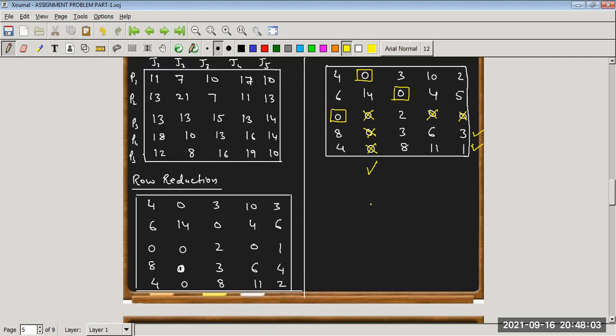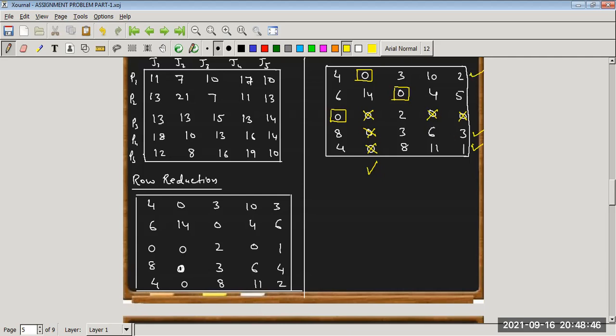Again, I repeat the process. Tick the unassigned row. So we tick row number 4 and row number 5. Now we come to row number 4, a ticked row. In the fourth row, we have one 0. Whether it is crossed doesn't matter. You only have to see whether there is a 0 or not, whether it is crossed or not. It can't be an assignment, because if it were an assignment, we would not have ticked that row. So if there is any 0, even if crossed, tick that column. So we tick that column. Now if we tick that column, and if there is an assignment in this column, look, there is an assignment, so tick that row. So we ticked this.